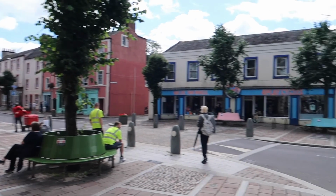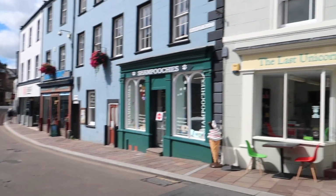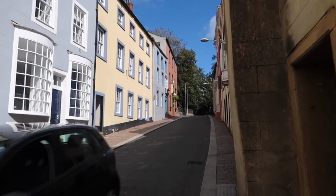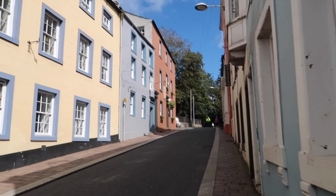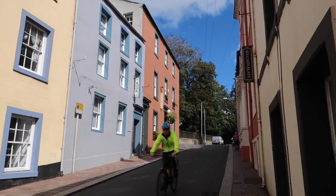Moving around from the marketplace here, we've got the main street off in that direction, and I'm going to head up in this direction, up towards the old castle, which, as I said before, you can't actually go in and have a look at. But if we head up here and just turn left past the restaurant at the top of this road,